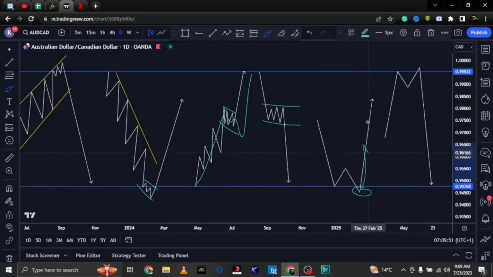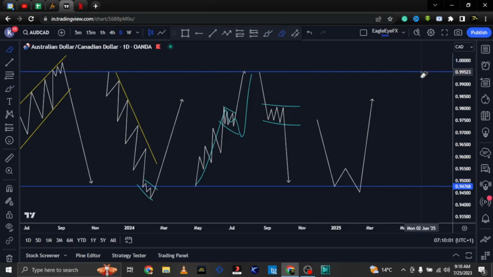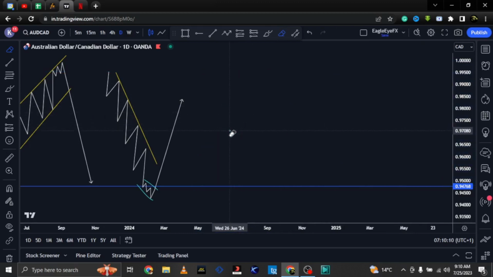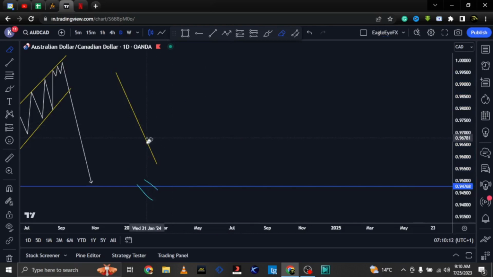Here mass psychology plays out, then the market reverses, and also here you want to look for a double top that has some sort of mass psychology that has played out. So those are basically the 6 things that I want us to look at, and we'll be looking at